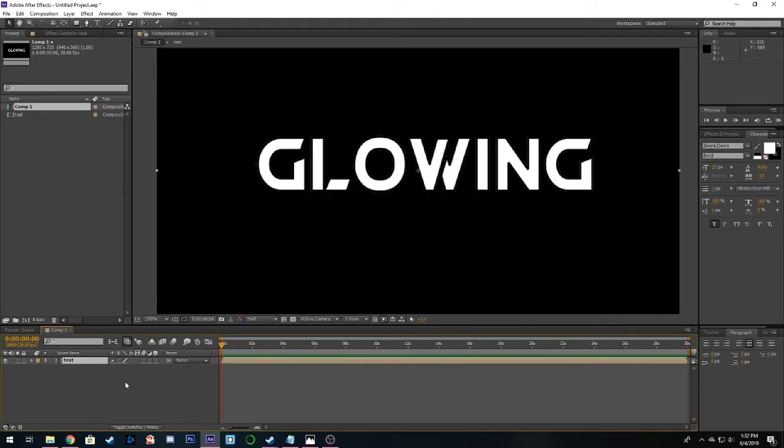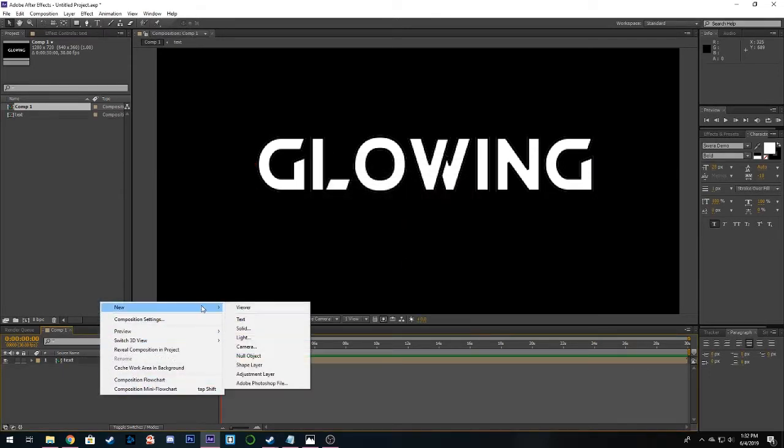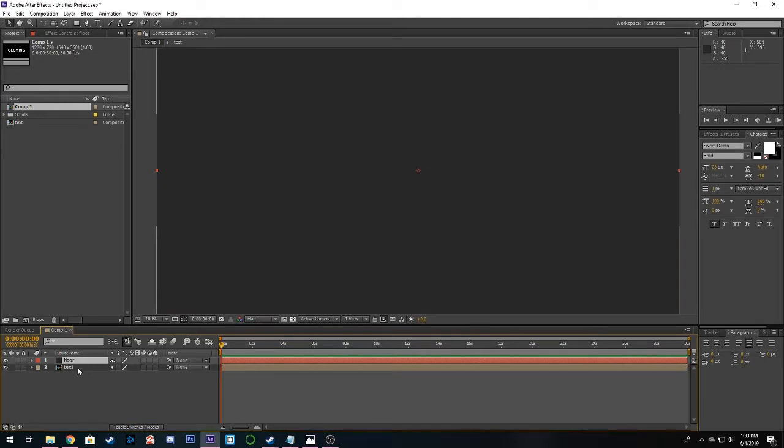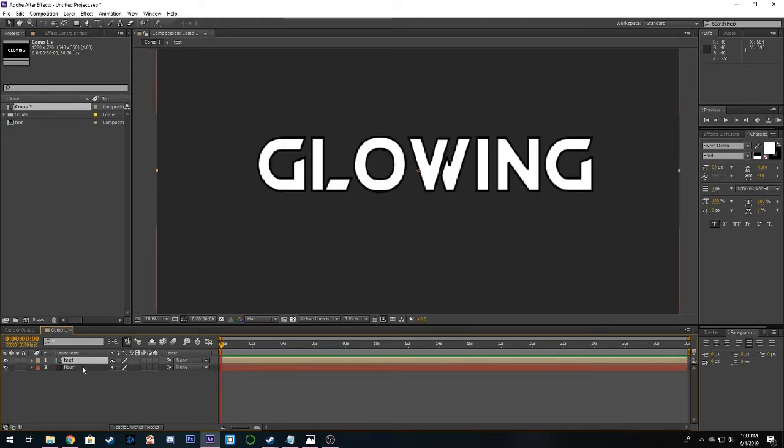Click OK. Alright, so now we're going to quickly create our floor. So we'll go ahead and create a new solid layer. Make sure the colors are like a dark gray color, and we'll name it floor. Click OK, and then just drag the text over your floor and enable the 3D layer options, and then go